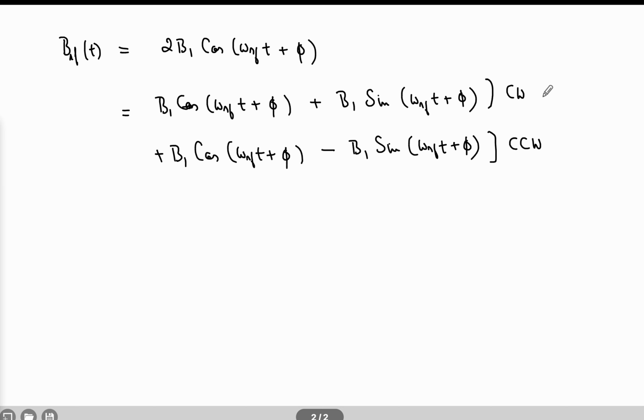Okay, so this is the clockwise circularly polarized field. Now one of these components will interact with the precessing spin, and the other component will not, because its direction is not matching, right? I mean, so what I'm saying is that if I have,